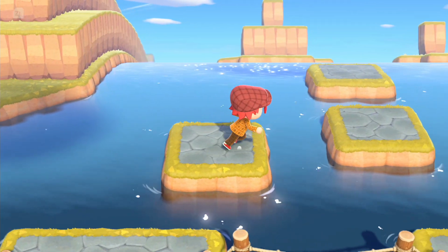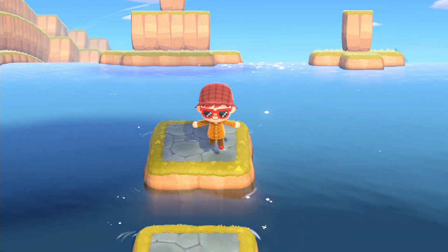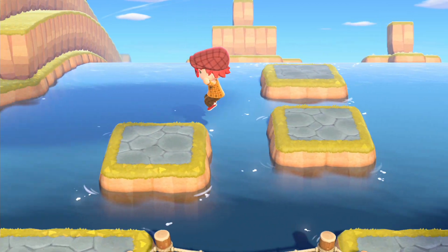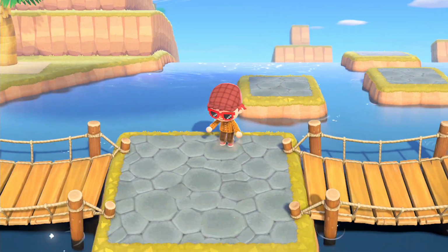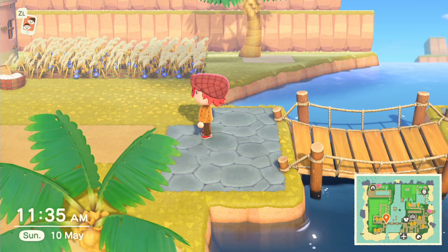Yeah, like that. So, just like in the game, you can jump from rock to rock. Too bad I don't have any rupees for us to collect. That's too bad. And here on the other side of the bridge, we can kind of see the house with all the grass outside